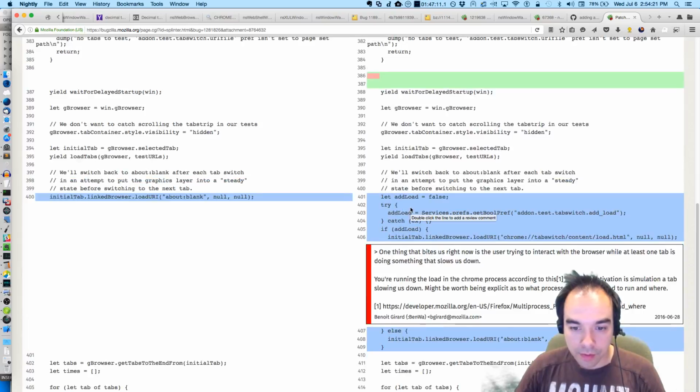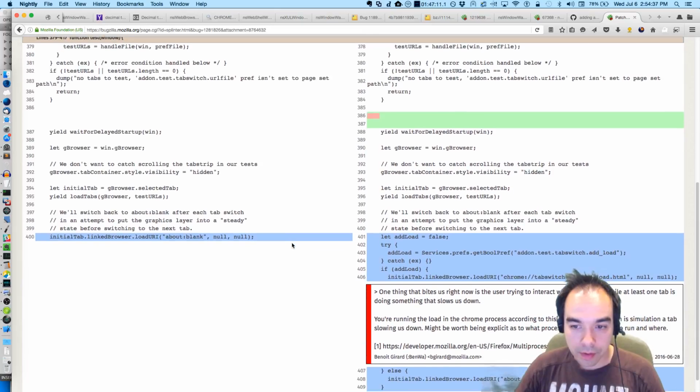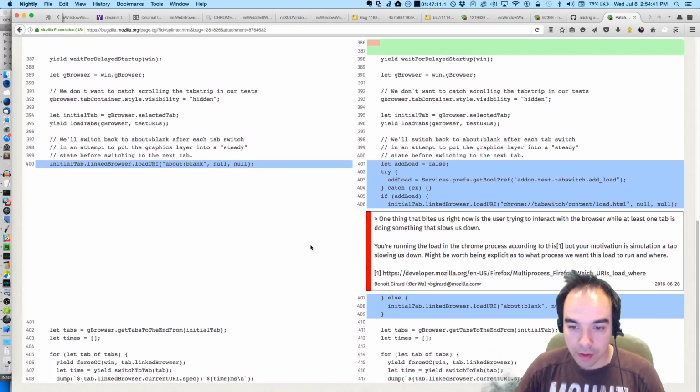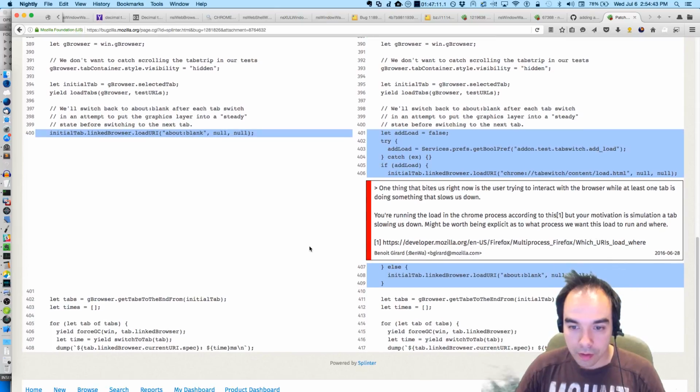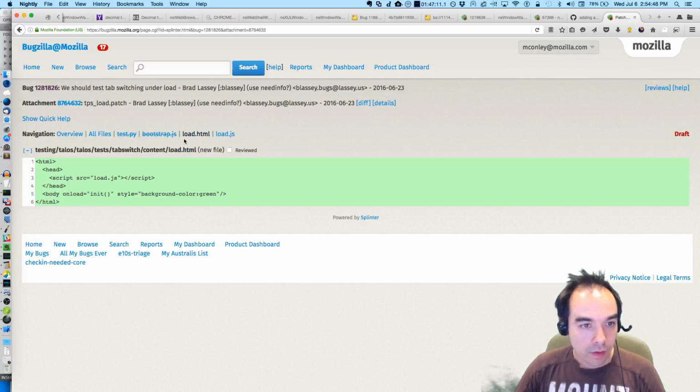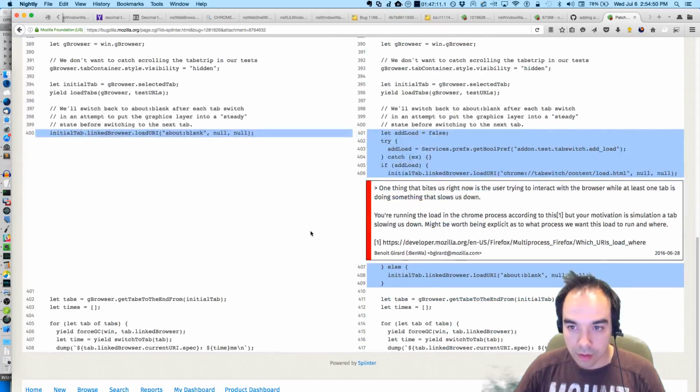Add load equals false. If add load, then the initial tab load.html. Yeah, that needs to load in the content process.